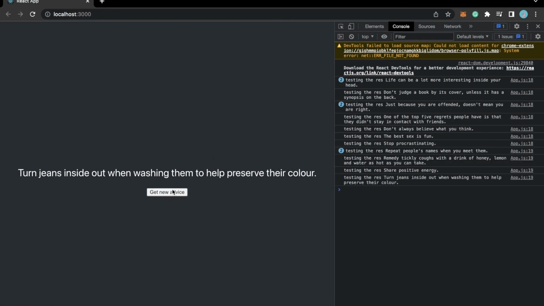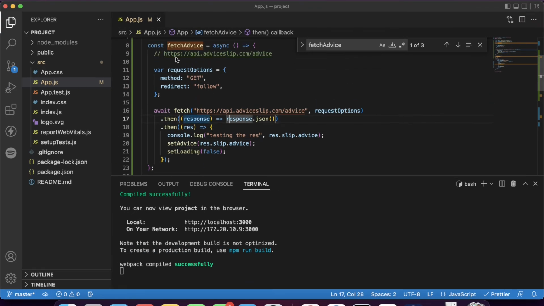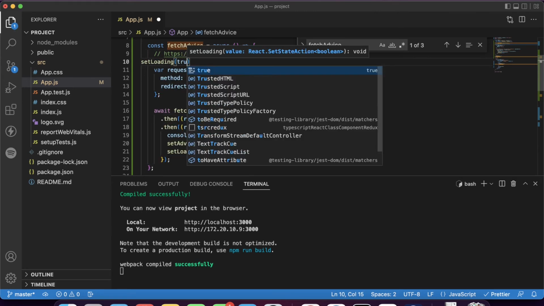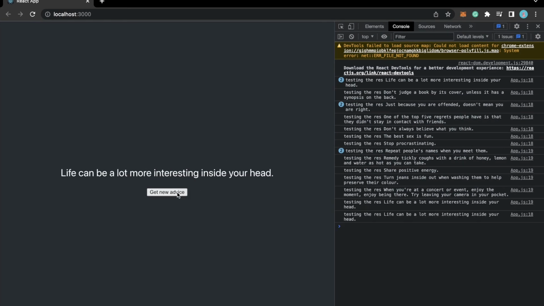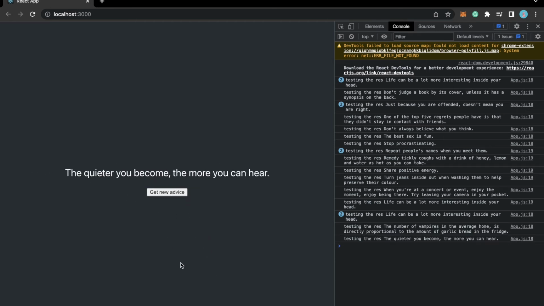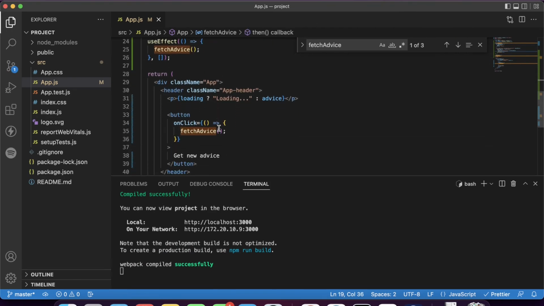So now if I press it, okay, now it's not turning on again. So to do that, I call this setLoading at the start of the function and set it as true. Now if I press it, as you just saw, it was loading and then it stopped. Okay, so yeah, it's working now. The loading is working fine. Now the functionality of the app is pretty much done. Let's add some styling to it.